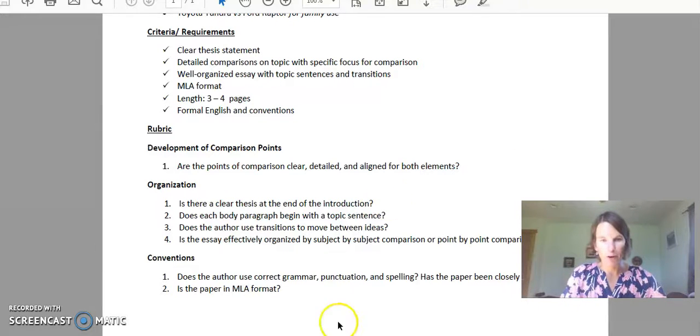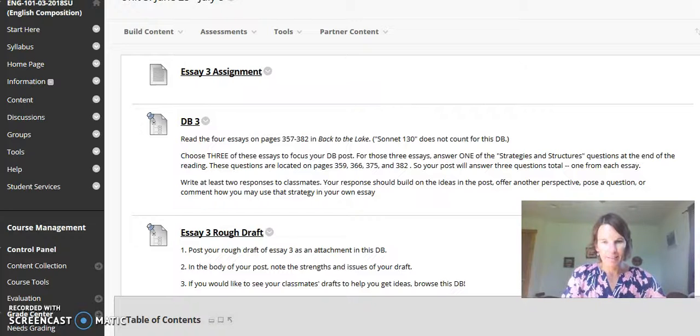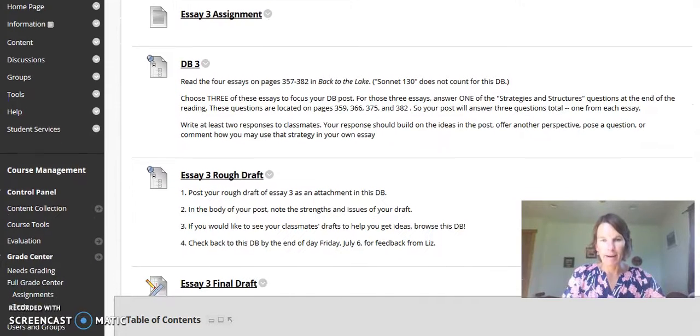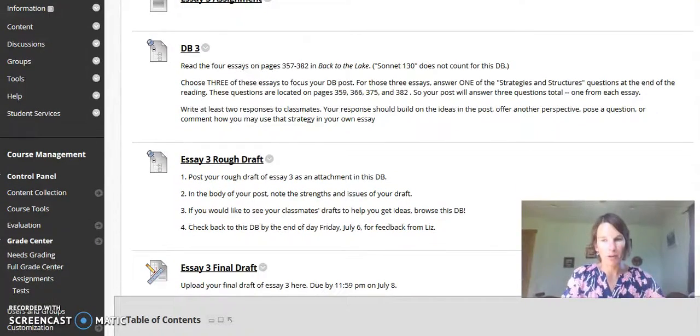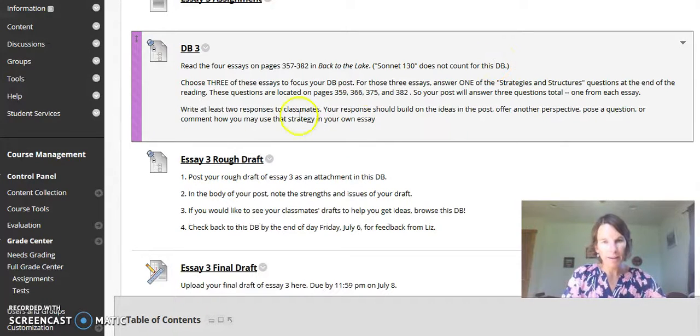For this week, our first focus, I'll go back to the class here, is completing the reading of the sample essays in Back to the Lake and completing the discussion board, very similar to what we did for Unit 2, where you chose 3 essays to focus on and answer the questions there. Make sure when you're responding to your classmates that you are building on the ideas, offering another perspective, posing a question, or commenting how you'll use that strategy in your own essay. The whole "I agree with you" doesn't quite cut it for a response. We want to actually discuss. That's what a discussion board is for. So make sure you're discussing